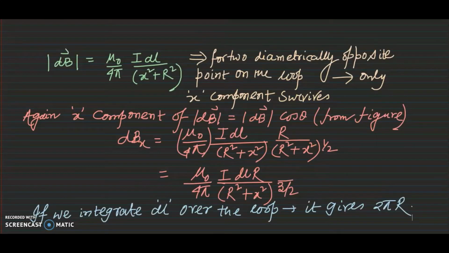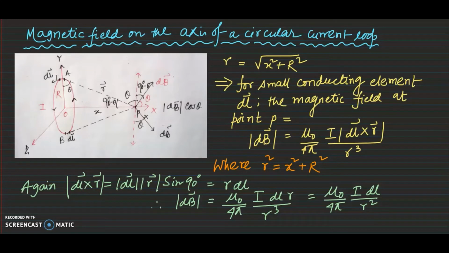Now you can see that the direction of dB is perpendicular to both dl and the r vector. This is the direction of dB. The vector dB has one component along the x-axis and another one perpendicular to it. Similarly, first we considered this element, and now if I consider the diametrically opposite element dl here, for this elementary length dl the magnetic field will be directed in this direction.